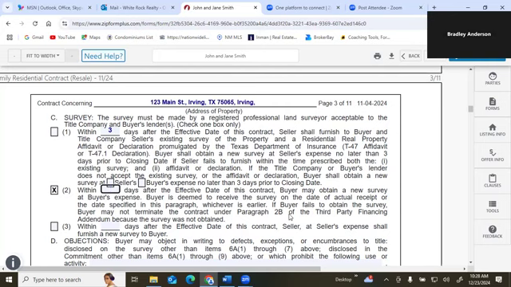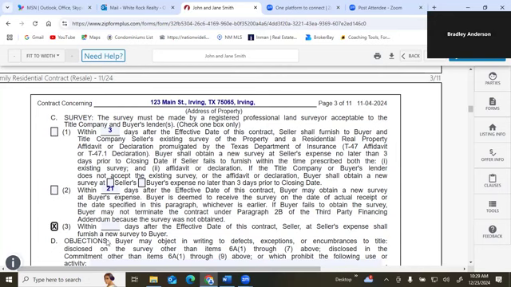Okay, so let's just say you're going to give them 21 days for the buyer to get their own survey at the buyer's expense. Now, because it says buyer may, they may get it, they may not. It's the closest option we have in the contract to I just don't want the survey. Okay, however, if the 21 days comes and goes, the buyer does not have an out just because they didn't do what they were supposed to do. Okay, and then the last option,